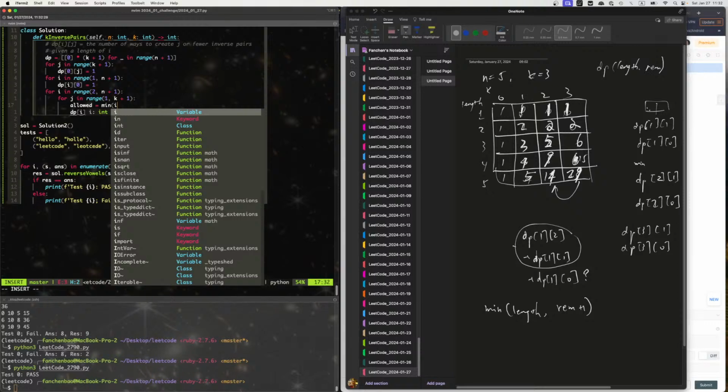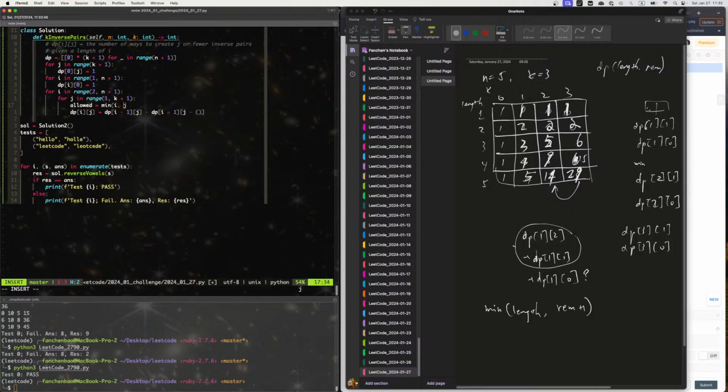That's the current length, because we do the minimum of the length and the remaining plus 1. Remaining is your j, right? Remaining plus 1. So I and j plus 1. That's the minimum to go back, right? Now in this case, because there's 3, there's 2, so minimum go back is 2, right? We go back